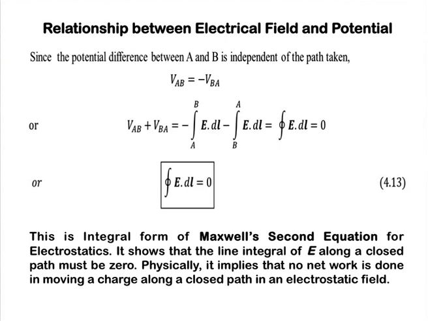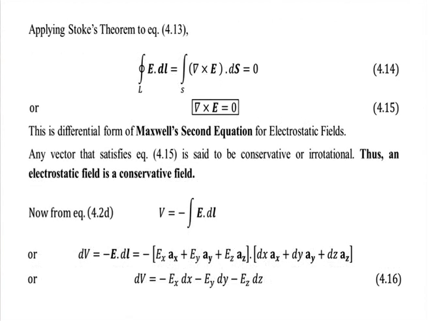This is nothing but the integral form of Maxwell's second equation for electrostatics. It shows that the line integral of E along a closed path must be 0. Physically, it implies that no net work is done in moving a charge along a closed path in an electrostatic field. If we apply Stokes theorem to equation 4.13, that is, if we want to convert the line integral to a surface integral, we get the expression